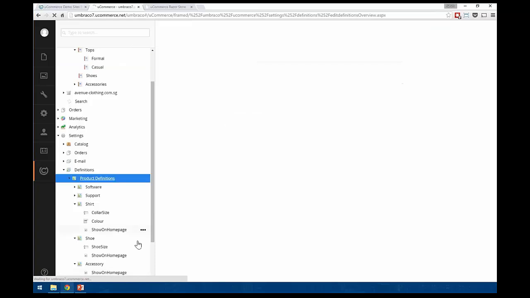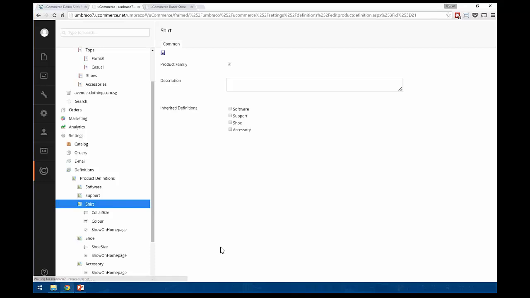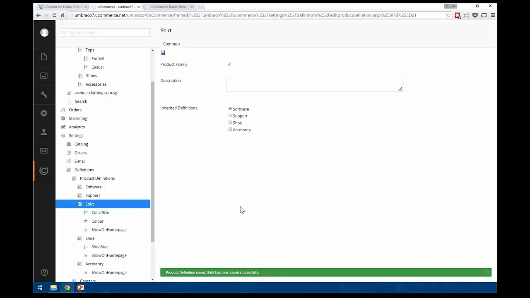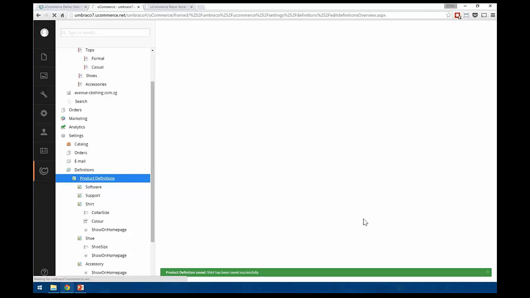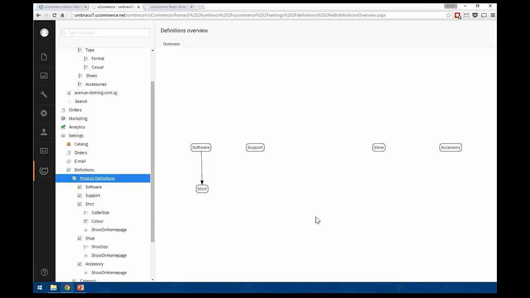So with 6.5, we introduced the ability to inherit definitions. What you'll see on this screen that I'm bringing up is the inheritance hierarchy of the definitions. Again, here are the same definitions as the ones we see here, and as you can see, it's just a flat structure because no fields are effectively shared right now. But I can go into a shirt, for example, and say this shirt should actually inherit fields from software. When I do that, what I'm saying is that the shirt will inherit traits from the software type of product. And if I go back to my view from before, you'll now see that there is a connection between the two. You can see software is now supplying fields for a shirt.